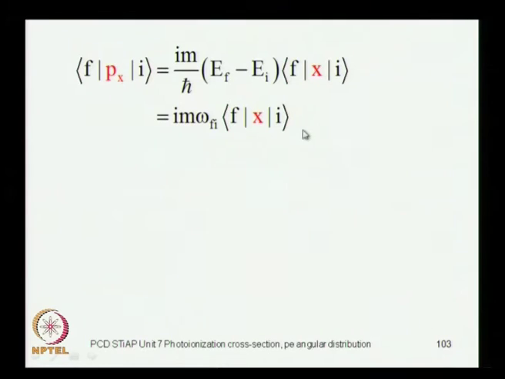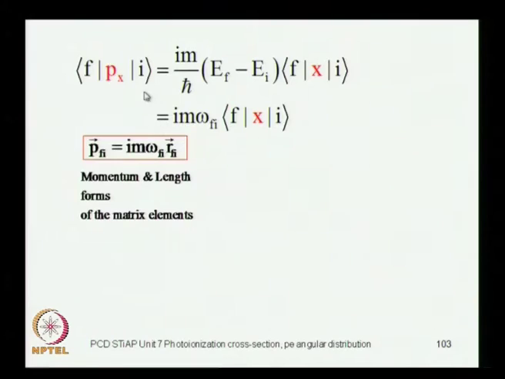So, which is what you will have to do in the momentum operator, and in either case you must get the same result because there is a complete equivalence between the matrix element of the momentum operator and the matrix element of the position operator. All you have to do is to multiply by this i m times the frequency of transition. This is the circular frequency because you get the energy over h cross. Okay. Now, these two forms of the matrix elements are called the momentum form and the length